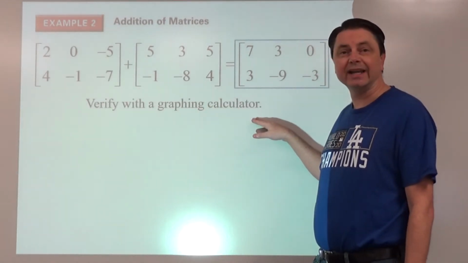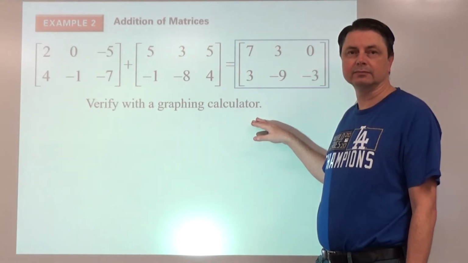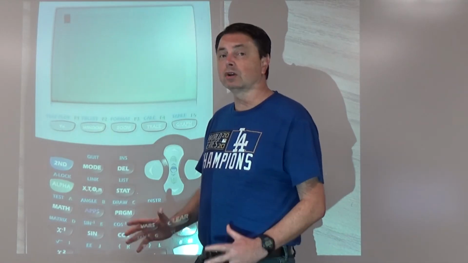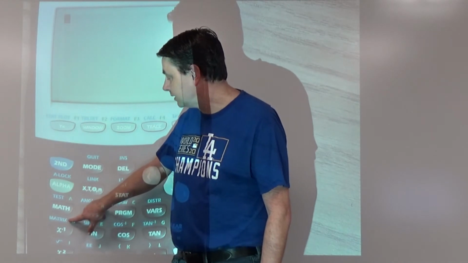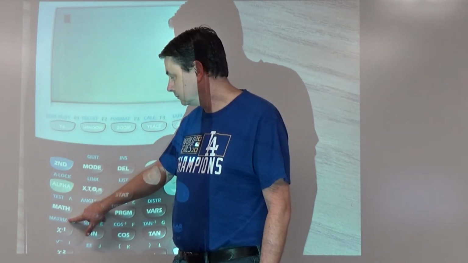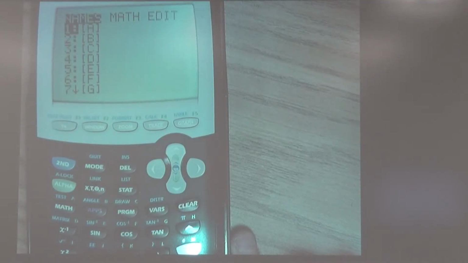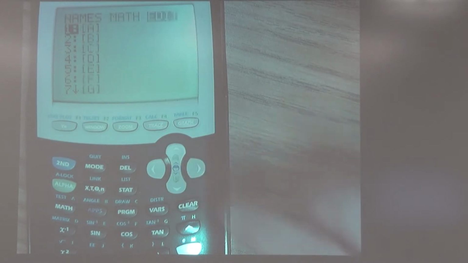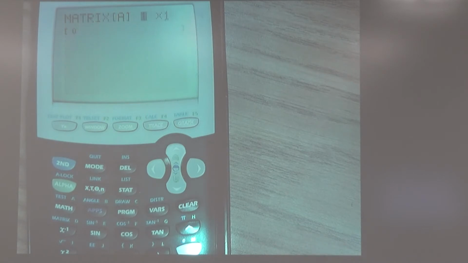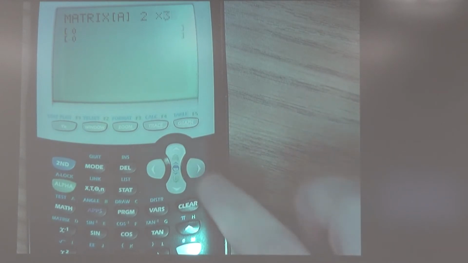Now, let's see if we can verify that with a graphing calculator. So we want to go to the graphing calculator and select matrix. So we're going to go second here to select matrix. And to begin, we're going to want to edit. So arrow over, edit, and we will start with matrix A. So I'm going to select 1. And it asks us what size, what dimension we would like that to be. And our first matrix was a 2, arrow to the right, by 3. Enter, and then we can go entry by entry